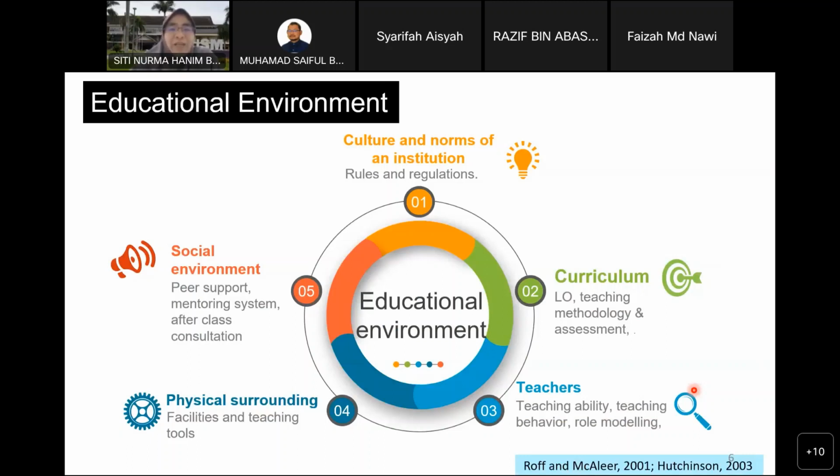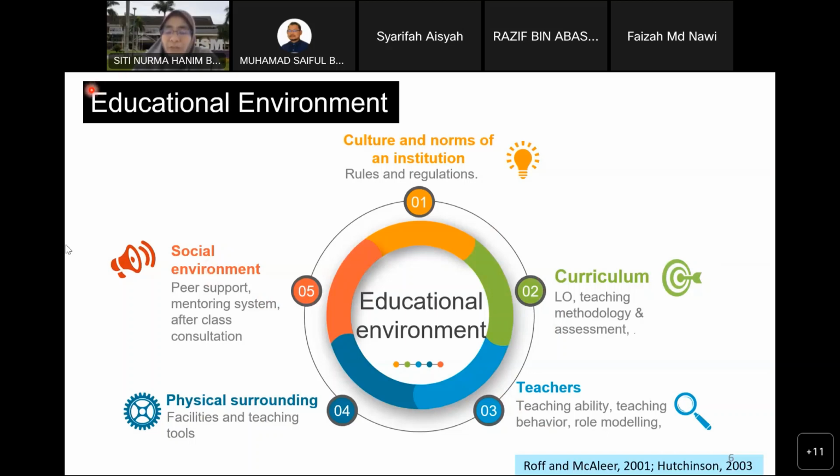For example, culture and norms of an institution, these include rules and regulations. The curriculum, like syllabus, learning outcome, teaching methodology, assessment. The teachers, their ability to teach, their teaching behavior, their ability to be a role model for the students. And other than that is physical surrounding, which include facilities, teaching tools, and social environment like peer support and mentoring